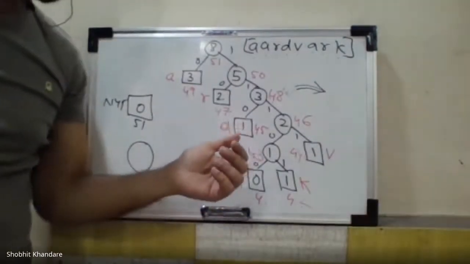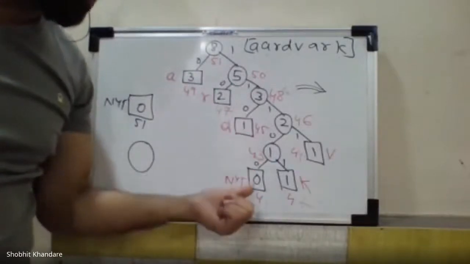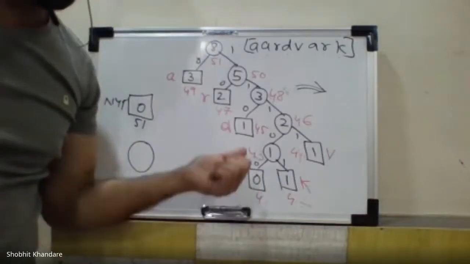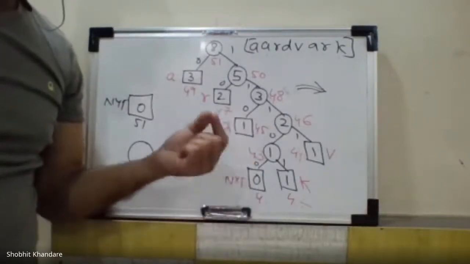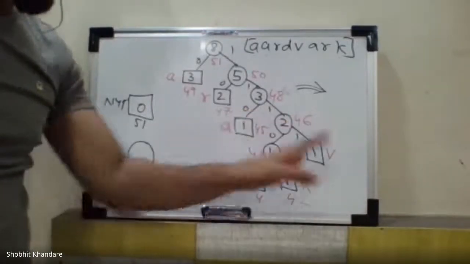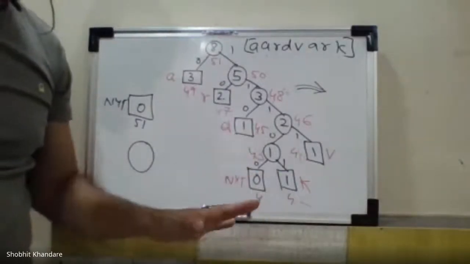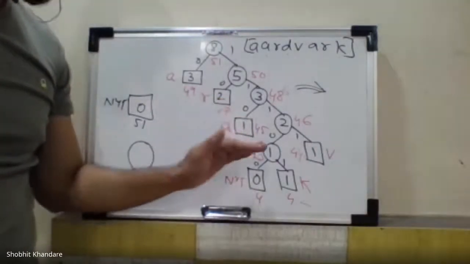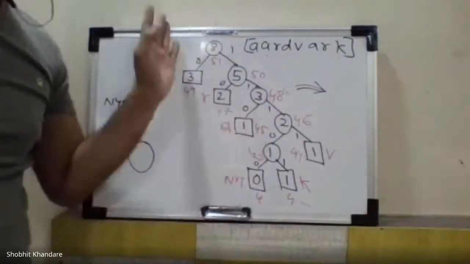But the thing is that always see that the numbers which you are giving now should be for every node, internal node or external node, okay, there should be unique weight. And you have to take care that left weight should be always less as compared to the right hand side. So if you check, everything is fine now. As per the weight, it is fine. As per the numbers written on the external or internal nodes, they are also getting satisfied because their left side is less as compared to the right hand side. So this is the final updated tree.